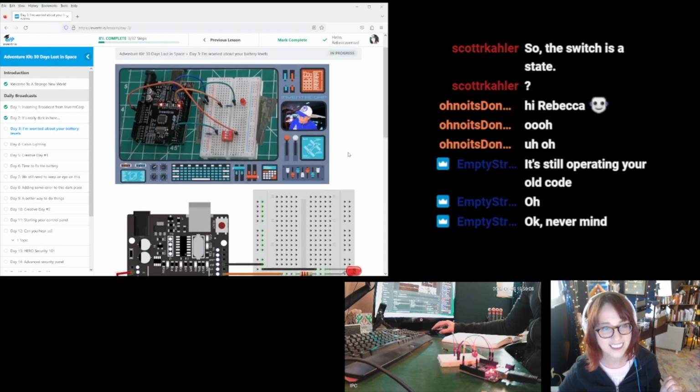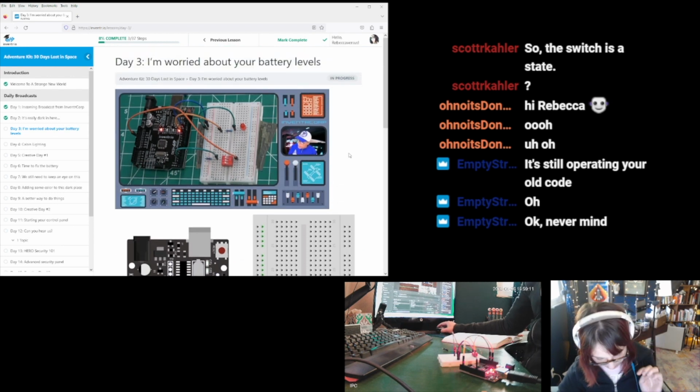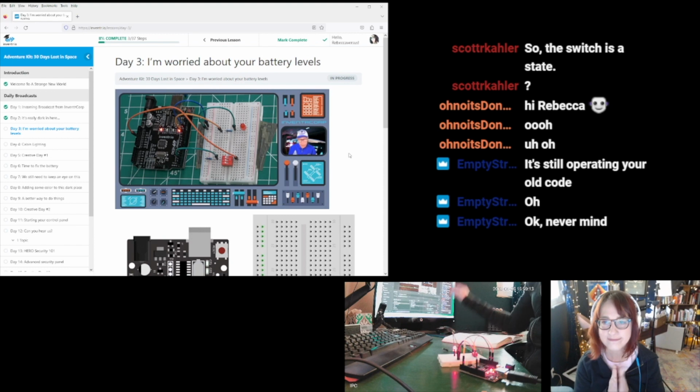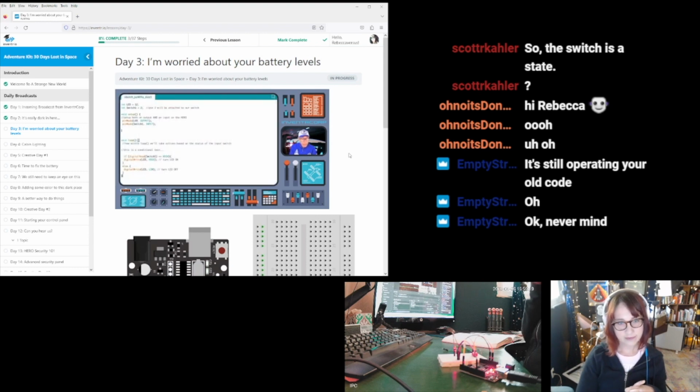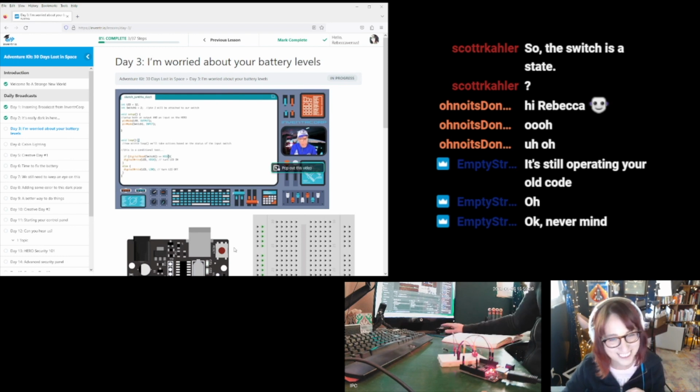All we've done here is simply flip the switch to turn the light on and off, which is almost indistinguishable from if I were to just put the switch directly into the circuit itself. I could do something a little bit more interesting. If, for example, I took the code that is executed when the if statement is true, that is, when switch 1 is high, and replaced that digital write